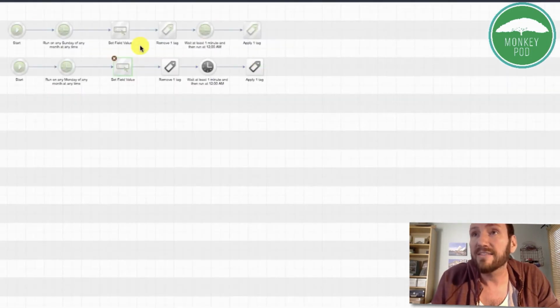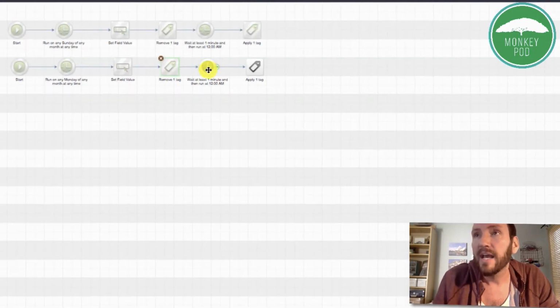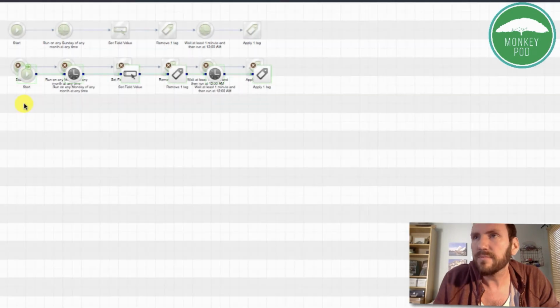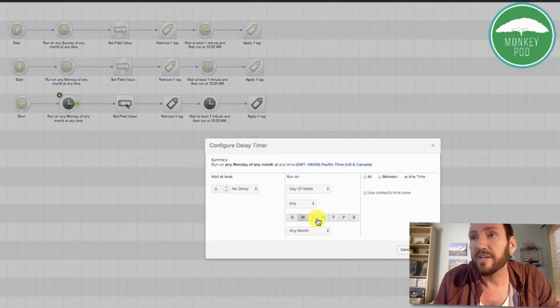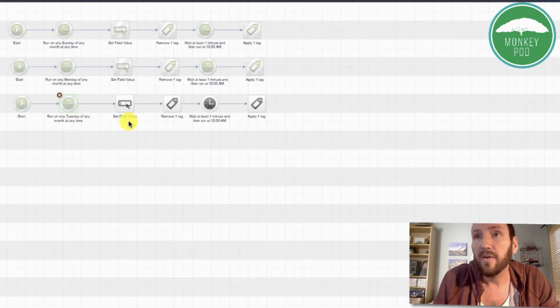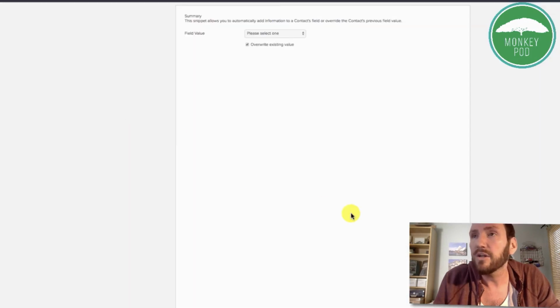And one day it's going to set it to Sunday, and then on Monday it's going to set it to Monday, and then we're going to remove that tag, and we're going to reapply that tag, and that's going to loop them through again, and the next day it's going to run again. And remember, this part here is preventing it from running more than once, so we just need to duplicate again and drag this down. And this time it would be Tuesday instead of Monday. And we would update this set field value here so that it's listening for Tuesday,